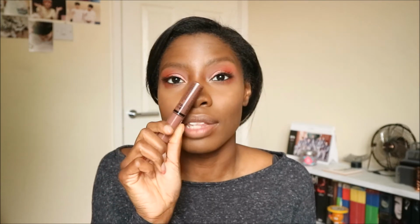And because this is quite a dramatic look, I'm going to keep the lips quite simple. Actually, no. Because I don't really have a lip colour that would match the eyes. I really like the whole monochromatic eyes, cheeks, lips, all the same tone. But I don't have a lip that would match. So I'm just going to grab my NYX Butter Gloss in the shade Praline. Ginger Snap. And also because of my braces, I can't have...